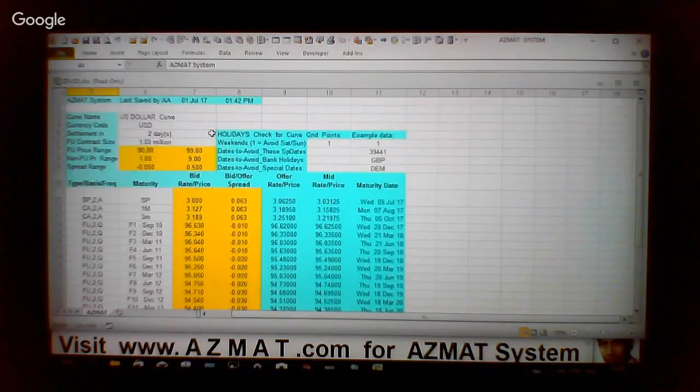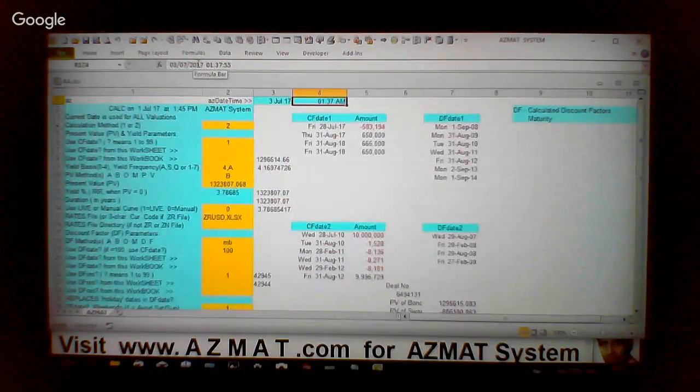So right now, I've got the ZRUSD.XLS read only that's open. If I just want to show you, for example, switch window, if I look at it here, I can see I've got active one, tick mark is the first one. I am here now, but I also have this one open. I can switch to that, I'm here, and so on. But this time if I try Windows, arrange file, notice